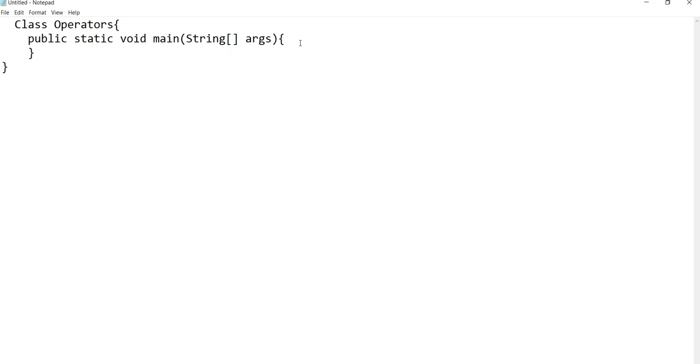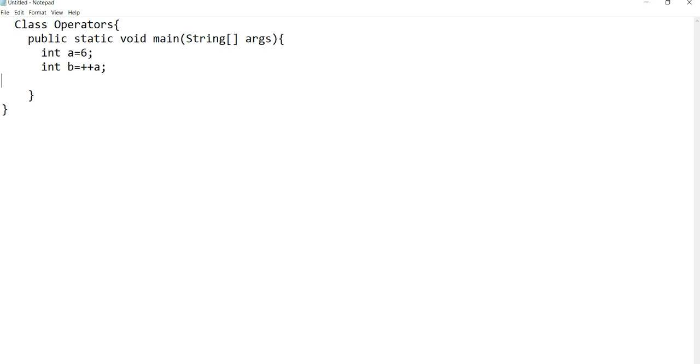Then within this, I'm creating one integer, int a, and assigning it the value 6. Then int b equal to pre-increment of a.